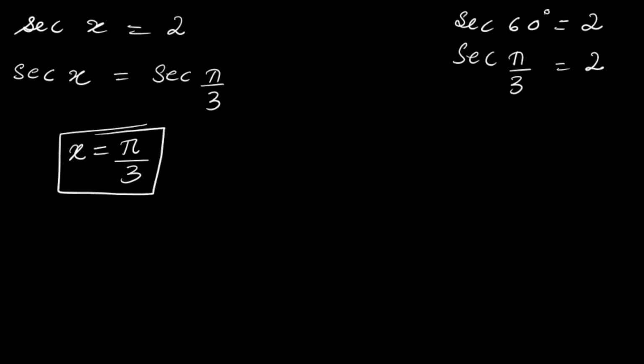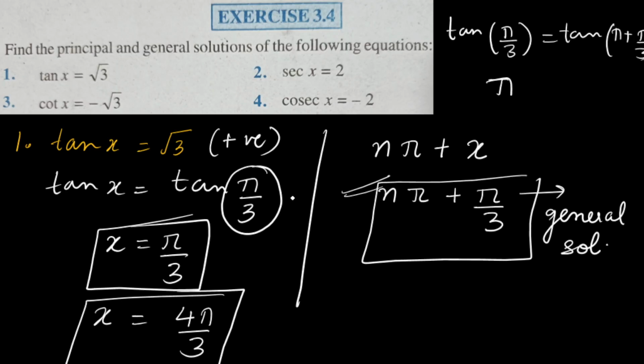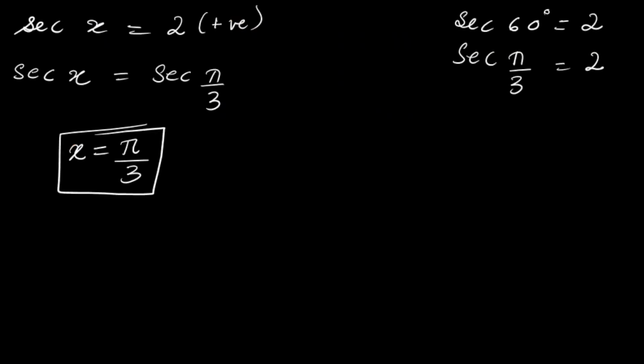Now you can see every angle can be expressed in two ways, because here again the angle is positive. In two quadrants, each of these trigonometric functions is positive, like tan was positive in first and third. So I just wrote the first quadrant's value and the third quadrant's value also. Again, secant is positive in first and fourth. This value I have written is the first quadrant's value. Now the fourth quadrant's value also we can write.